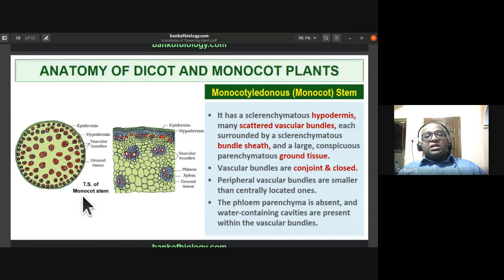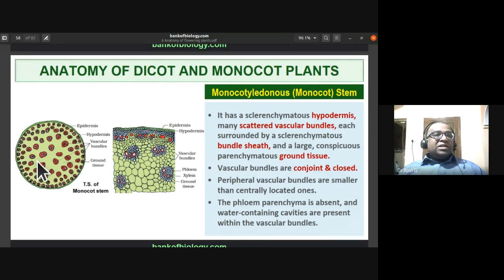Now the monocotyledonous stem, if you look into the ground plan and a section enlarged, you can just have a look at how it is arranged. First of all, in the monocot stem, you don't find a difference between cortex and stele. Rather, vascular bundles are scattered, and the layer below the epidermis and hypodermis we call ground tissue.